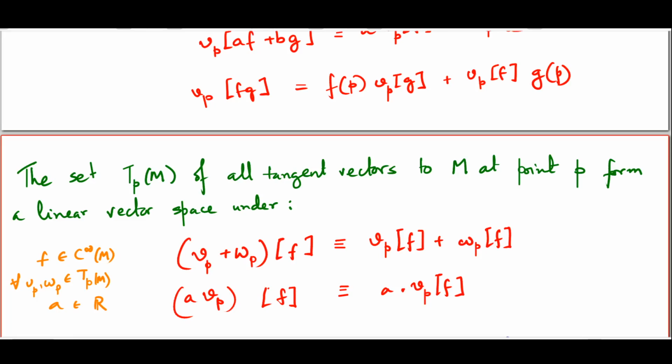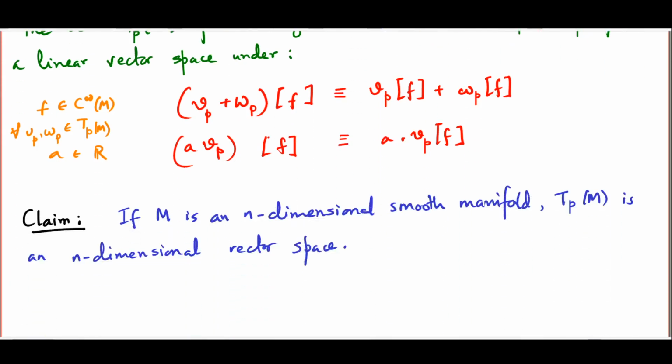Now, when we talk about a vector space, a natural question to ask would be, what is the dimensionality of that vector space? And the answer to that is in the following claim. If M is an n-dimensional smooth manifold, then TPM, the set of all tangent vectors to the manifold M at the point P, is an n-dimensional vector space. Now, in most of today's lecture, we will be proving this particular statement. But before we go there,